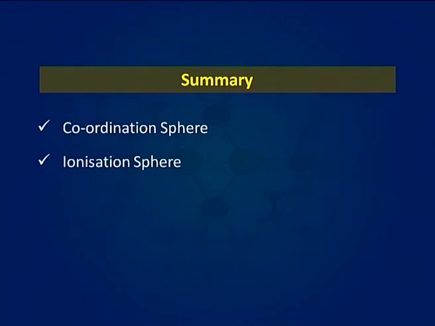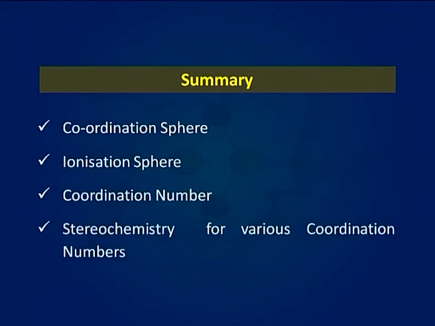Now, you are able to calculate the coordination numbers of central metal atoms or ions if the formula of the complex is given. In the end, let us revise what we have discussed today. Today, we defined coordination sphere, ionization sphere and coordination number. We also discussed the stereochemistries for various coordination numbers ranging from 2 to 7. In the next lecture, we will discuss a very important topic related to coordination compounds, that is IUPAC nomenclature of